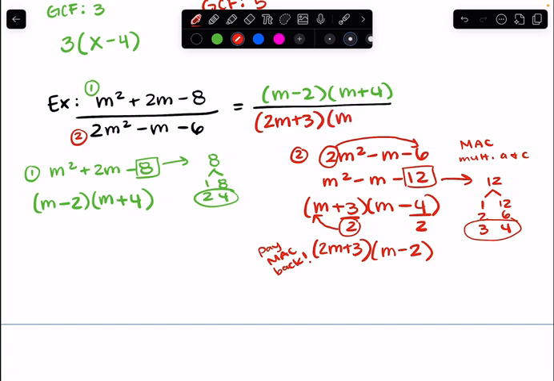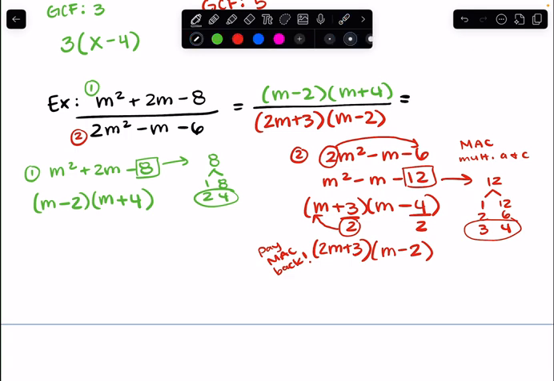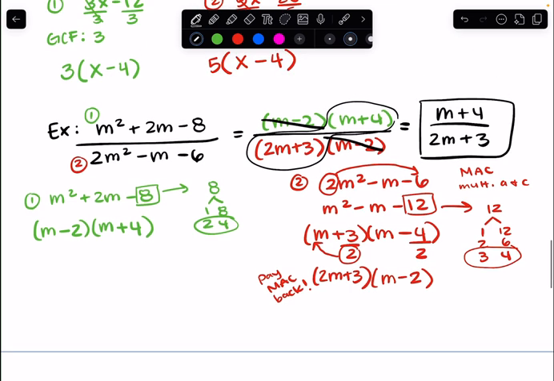So we have this going on. All right, and now you can clearly see what we can cancel out. So again, if you just leave it like this, it's kind of hard to see what will cancel out for this one. So I can see that m minus 2's will cancel out, and all you're left with is this. So your answer is going to be m plus 4 over 2m plus 3. All right, and that is how you put the rational